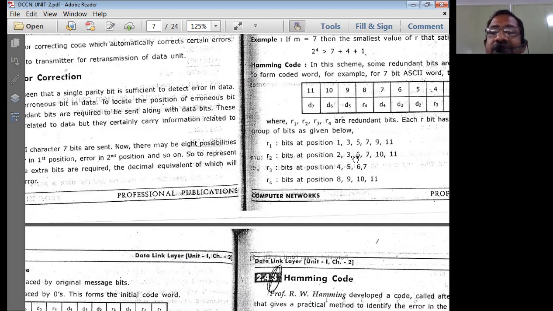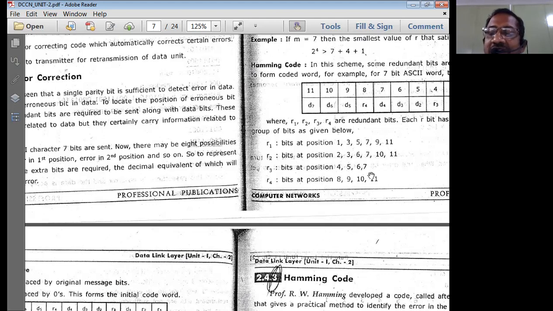That is skipped. Similarly, for R2, we will write two numbers in sequence, then we leave two numbers, then two numbers in sequence, leave two numbers. Like that we repeat. That means 2, 3 we write. The starting point we already know, because it is the 1248 code. So 2 we start: 2, 3. Then 4, 5 we skip. 6, 7 we write. 8, 9 we skip. 10, 11 we write. Similarly for R3, we are starting with 4, so you should write 4 numbers continuously and skip the 4 subsequent numbers. Like that, you have to write this code.